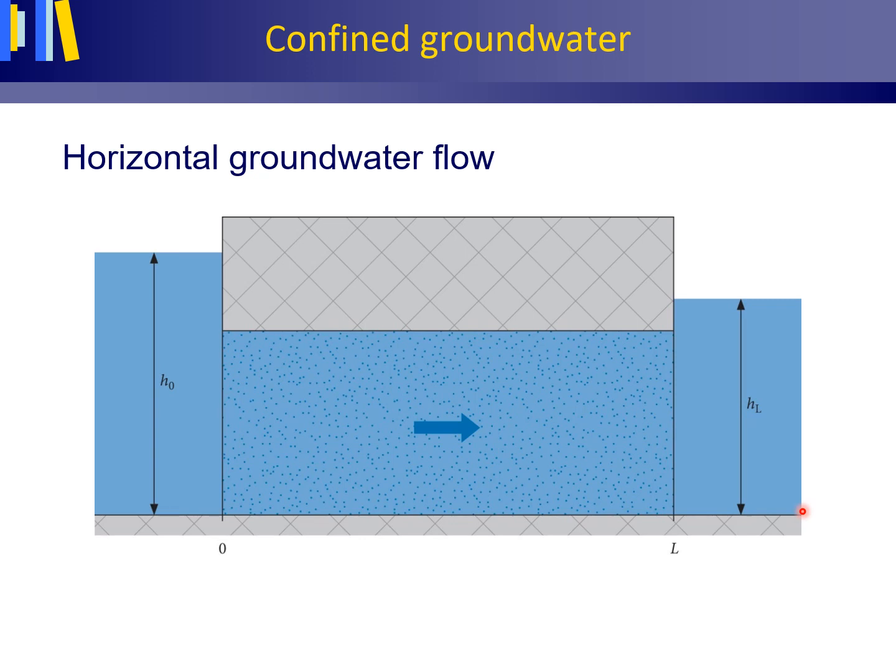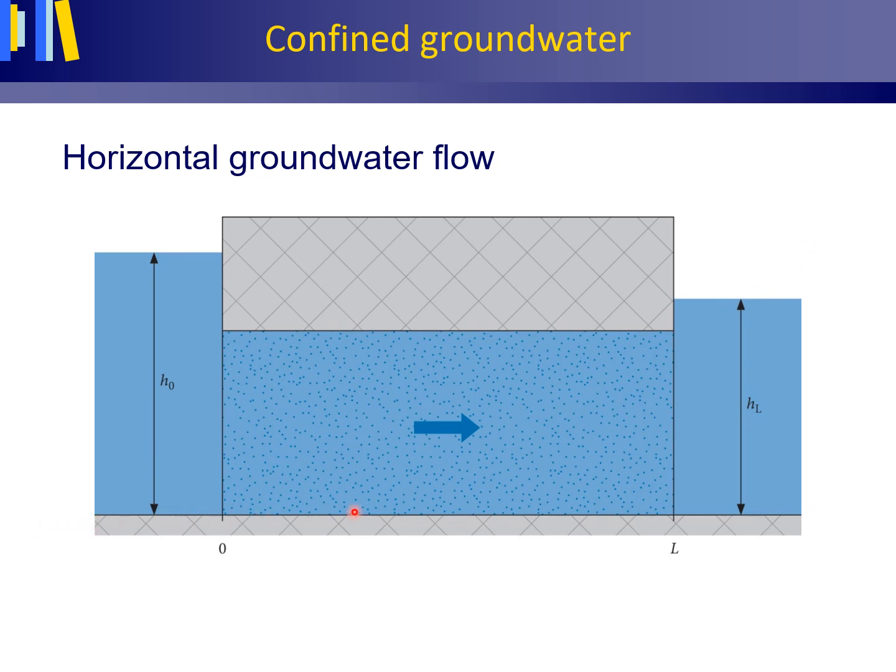For this, the expression fully penetrating canals is used. Because the water level in the left canal is higher than in the right canal, groundwater flows from left to right through the aquifer. The water in the canals is artificially kept at the levels indicated in this figure, this level and that level. Because of this, groundwater flow is steady, or in other words, stationary.